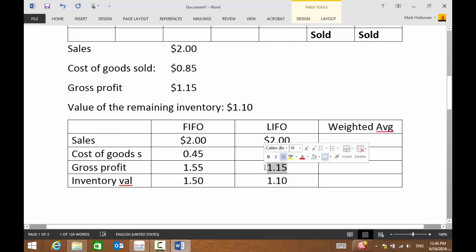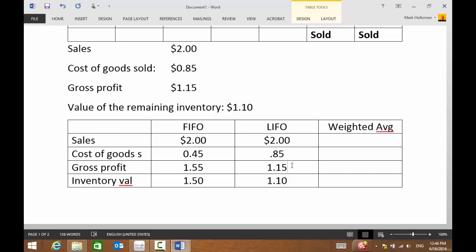If you were an investor reporting your results to shareholders, which would you rather use, FIFO or LIFO? Which? FIFO. Yeah, FIFO. Why? You have greater gross profit. Yeah, you want to look as profitable as possible, right? If you're filing a tax return, which one would you rather use? LIFO, because then you want to have as little profits as possible, right? So it'd be the best case scenario if you could use FIFO to present your earnings to your shareholders and present LIFO to the IRS. Because this way you could look good with your shareholders, but to the IRS you look not so profitable.